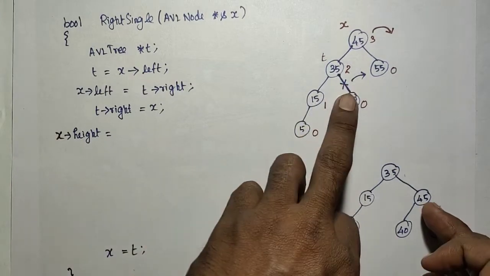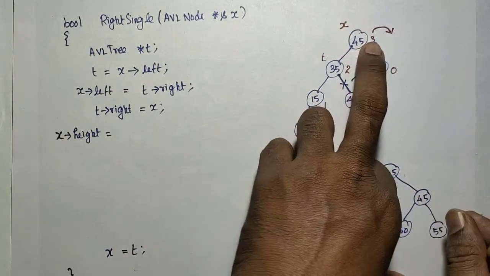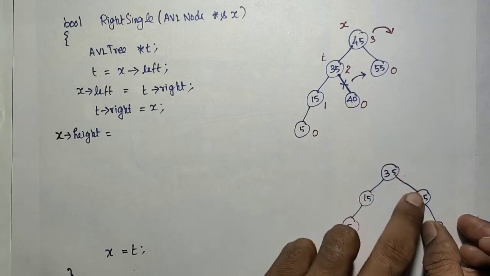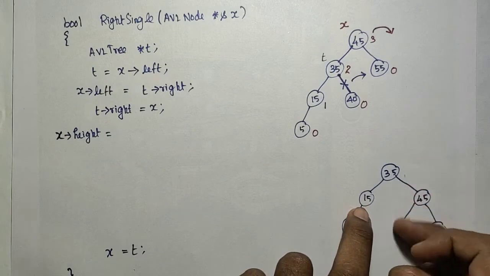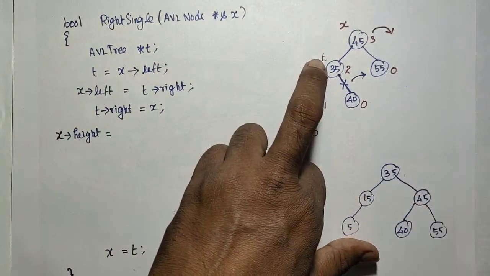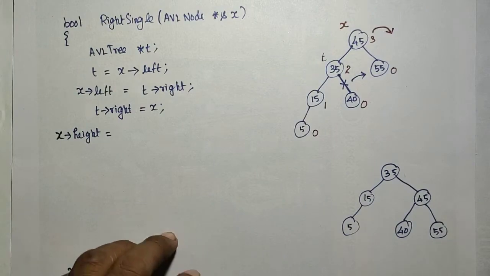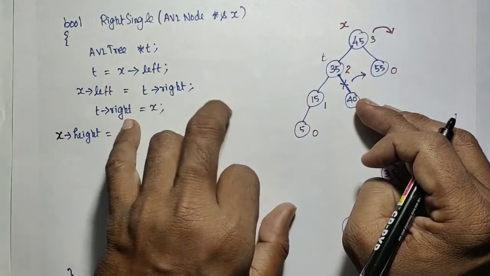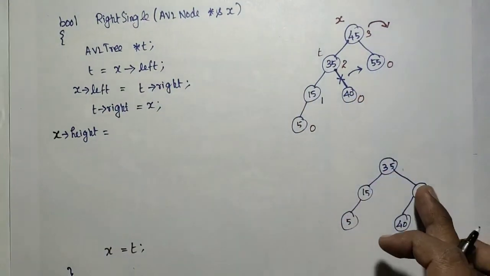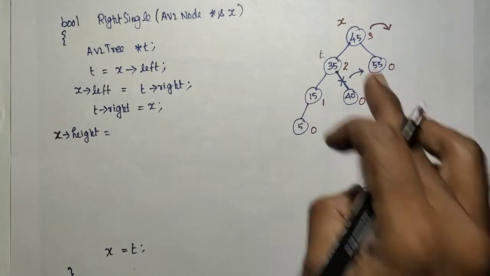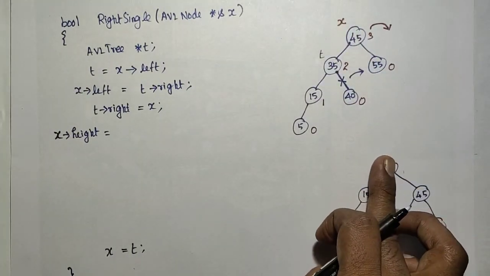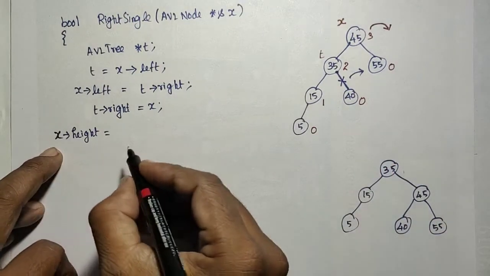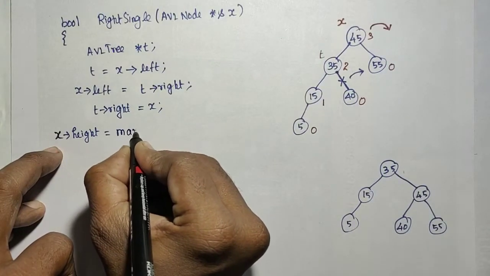So this is that x actually. The left is now 40. So maximum between this and this. After updating that x, only then we have to update the t. Because t right is updated with x. So I need to update x first, then I have to update t, after we have changed x equal to t. Correct. So x height equal to maximum of, this is the function I am going to define.